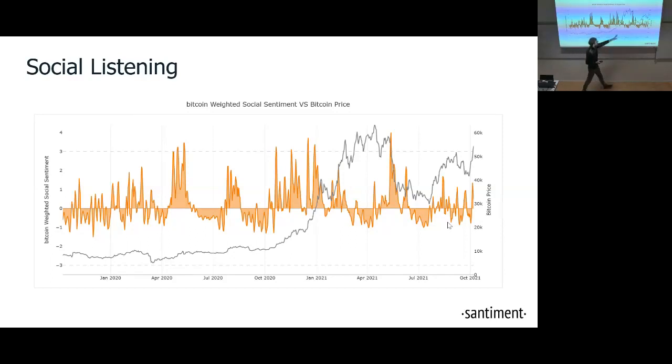For example, you can see here this massive spike in Bitcoin's sentiment in particular, right here as the correction started. This was the time that Tesla announced that they will no longer accept Bitcoin as payment. And a lot of people were happy about it because it allowed them to buy the dip and move into Bitcoin at a discount. So generally speaking, seeing that type of massive spike in social sentiment told us, and there was also a massive spike in buy the dip mentions on our platform,